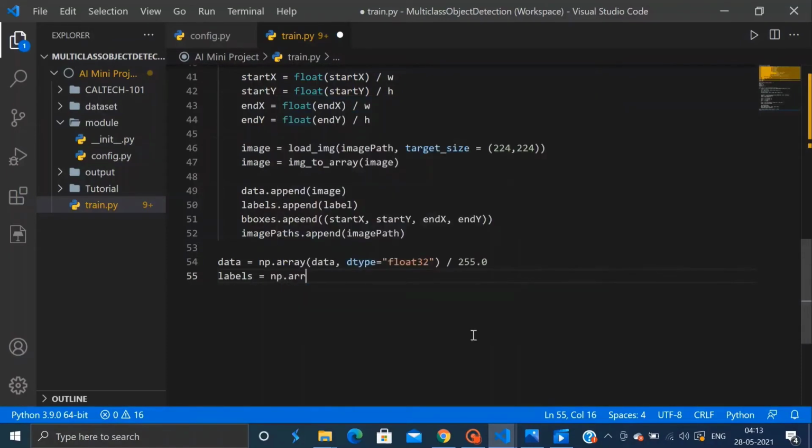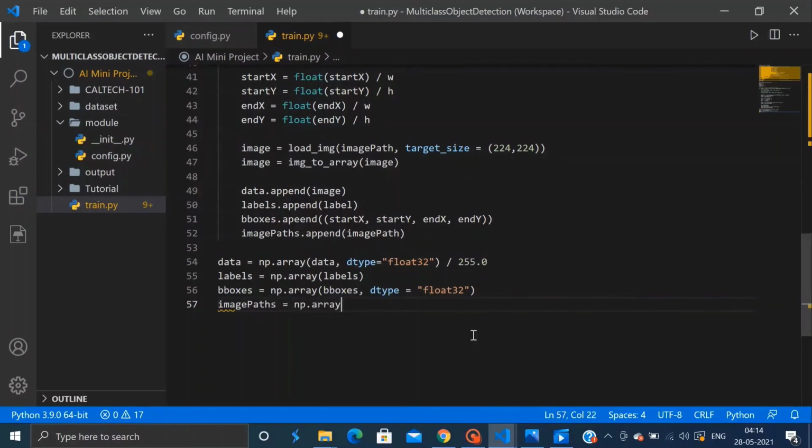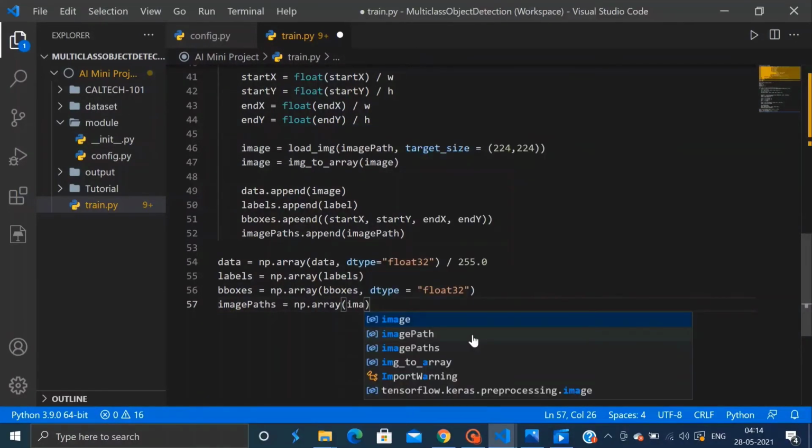So labels is equal to np.array, and then I'll pass the labels as an argument. And finally we'll convert our image paths list to a NumPy array.